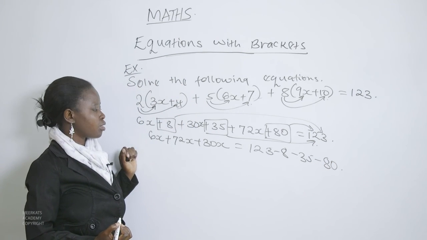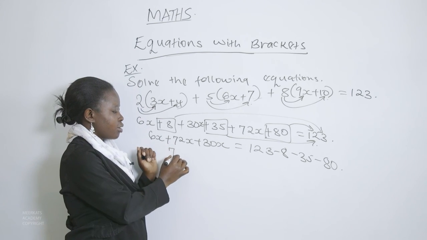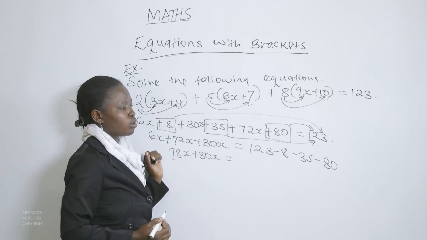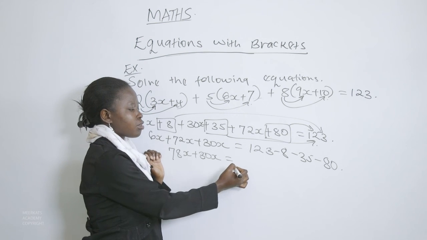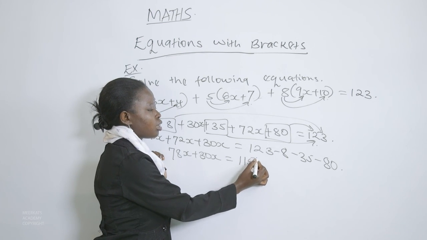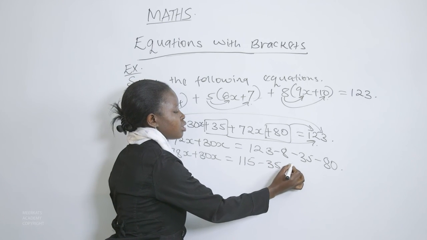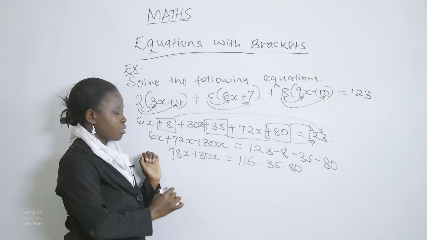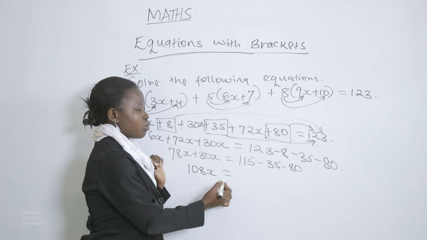So in solving this, 6x plus 72x gives us 78x plus 30x will be equal to 123 minus 8. 123 minus 8 will give us 115. Then minus 35 minus 80. So 78x plus 30x gives us 108x will be equal to